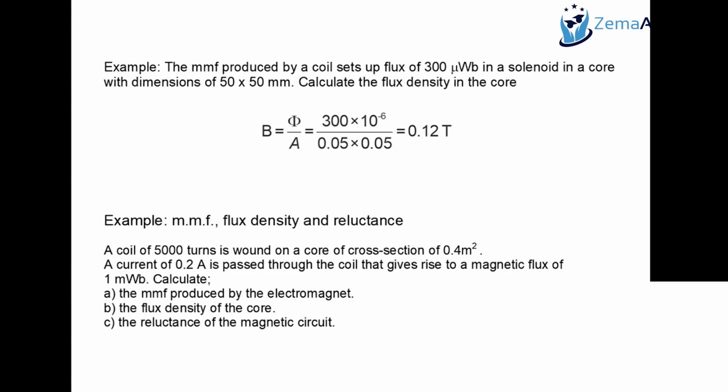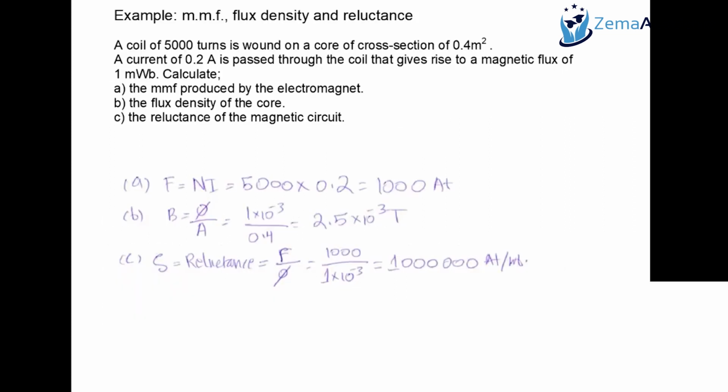One is MMF equals phi times S. Another formula is S equals L over mu times A. You don't have the length of the core, you don't have the relative permeability of the core, so it would be more convenient to use MMF equals phi times S, because you do have MMF and you do have phi. And that's the solution. But for me to make sure that we understand the basic concepts,